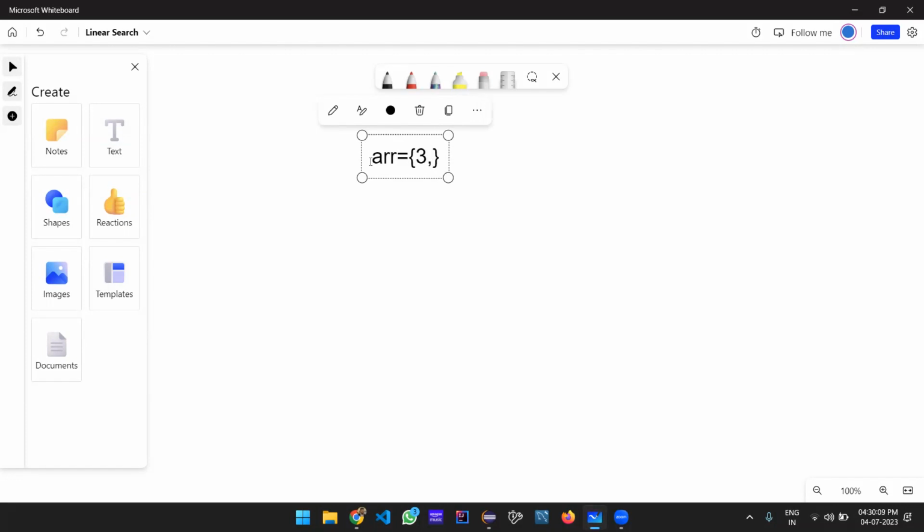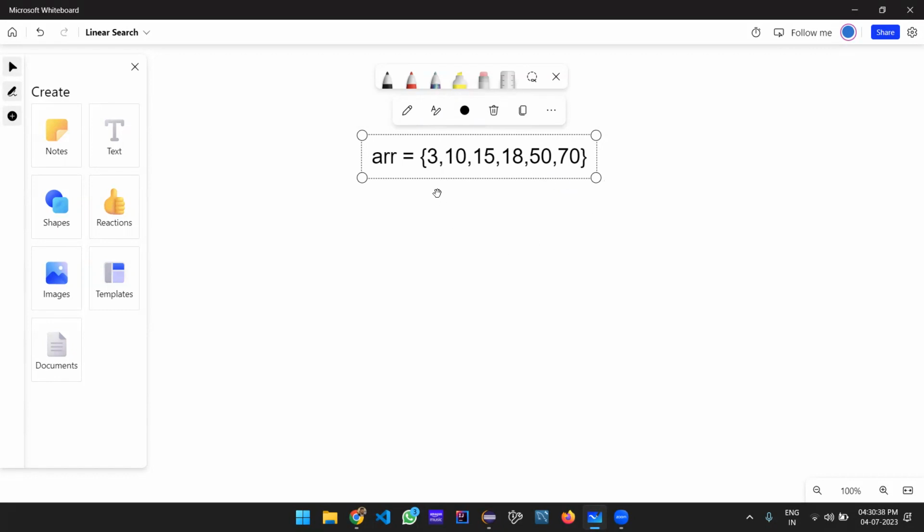Let's take any elements which are sorted: 15, 18, 50 and 70. So I have taken random elements which are sorted, and to perform binary search we need two